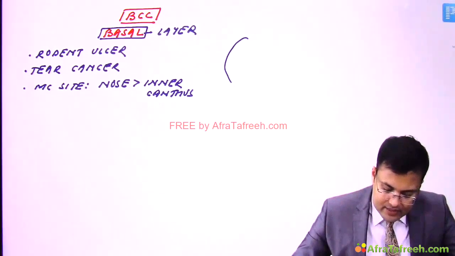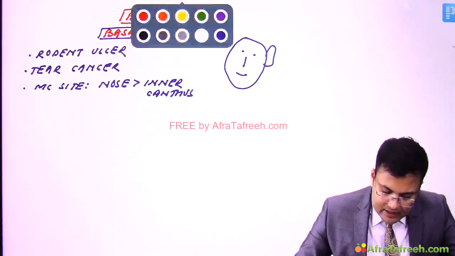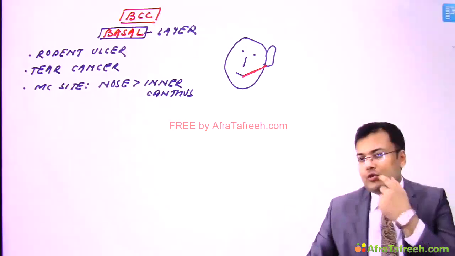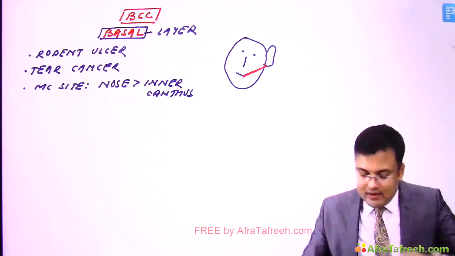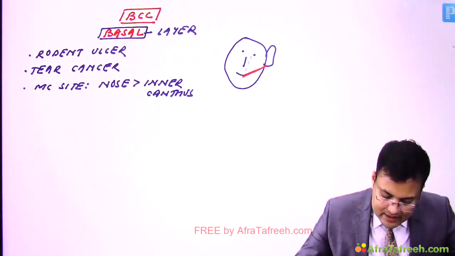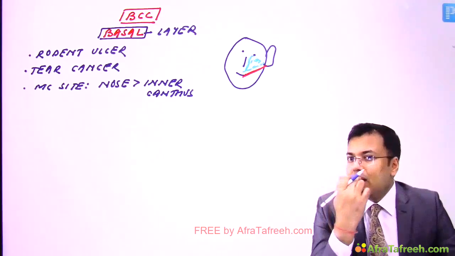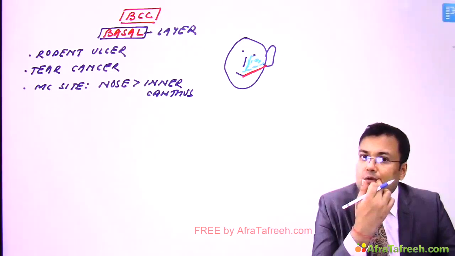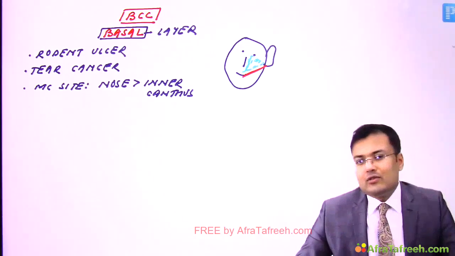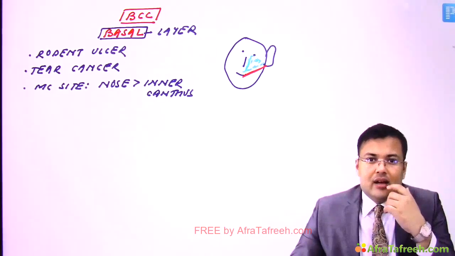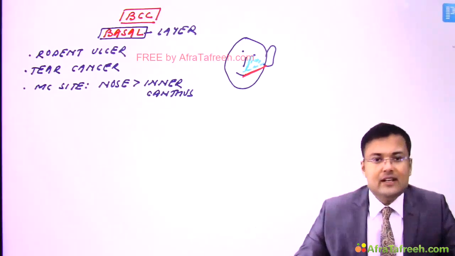See, if you see this patient, clear? This is the ear lobule. So if we are going to join the corner of mouth to the ear lobule by a line, generally what happens? The malignancy is generally seen over this region. Means this malignancy is seen above the line joining ear lobule to the corner of mouth, the region where tear flows, and that's why it is known as what? Tear cancer. Clear? So since it is mainly seen in the region located above the line joining ear lobule to the corner of mouth, that's why it's known as tear cancer.